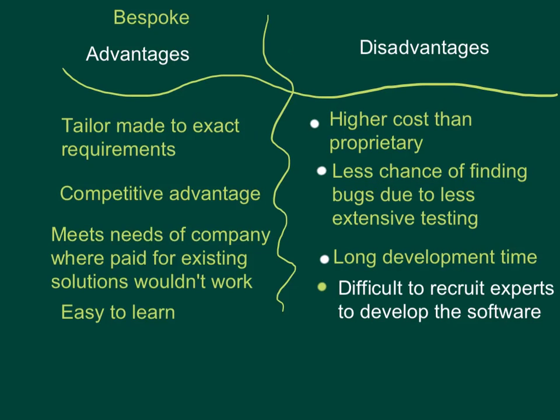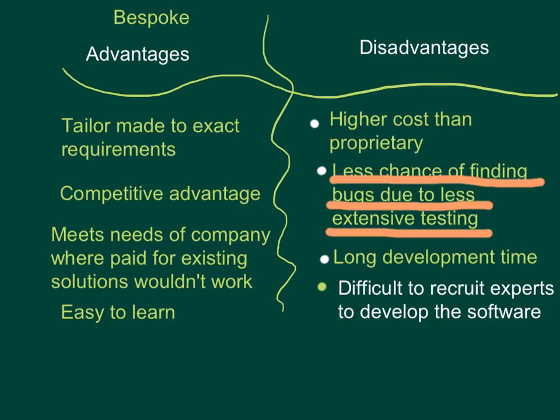In terms of the disadvantages, there's a higher cost than proprietary software because you're having to pay a whole team to actually build the software specifically for you, instead of just buying a software that has been made for many people where this cost is spread. There's also less chance of finding any bugs that you may come across in the software due to the fact that they won't have had as much testing as a proprietary software, because only yourself and people within your organisation